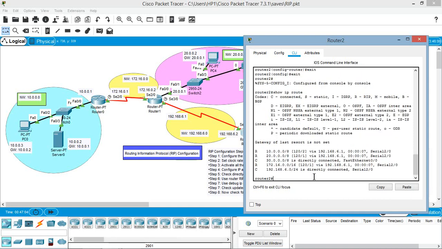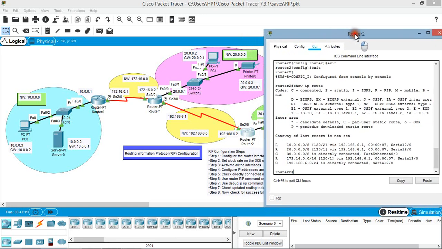Now you can see here that the routing table entries in router 2 are updated with the paths which are learnt via the RIP routing protocol. You can see some of the entries are with R and 2 entries are with C. C indicates the directly connected paths and R indicates the paths learnt using the RIP routing protocol.